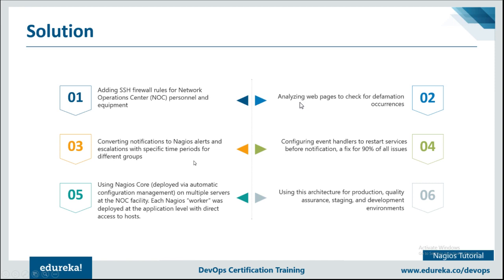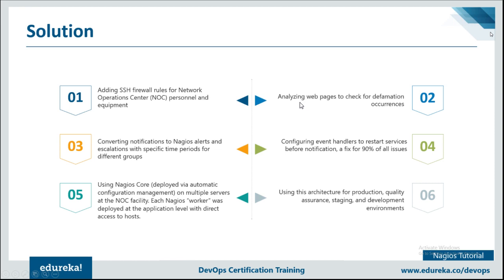And using Nagios Core along with multiple other tools on multiple servers at the facility, each Nagios worker was deployed at the application level with direct access to the host, so that they don't run into any kind of issues with accessing the file system or any kind of congestion in the root here, right? And at last, they used the entire architecture for production, quality assurance, staging, and development environments one by one,